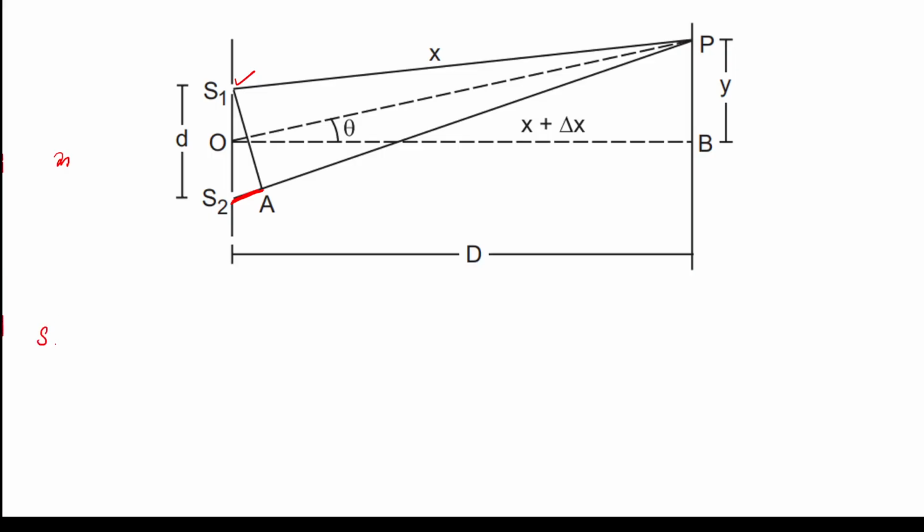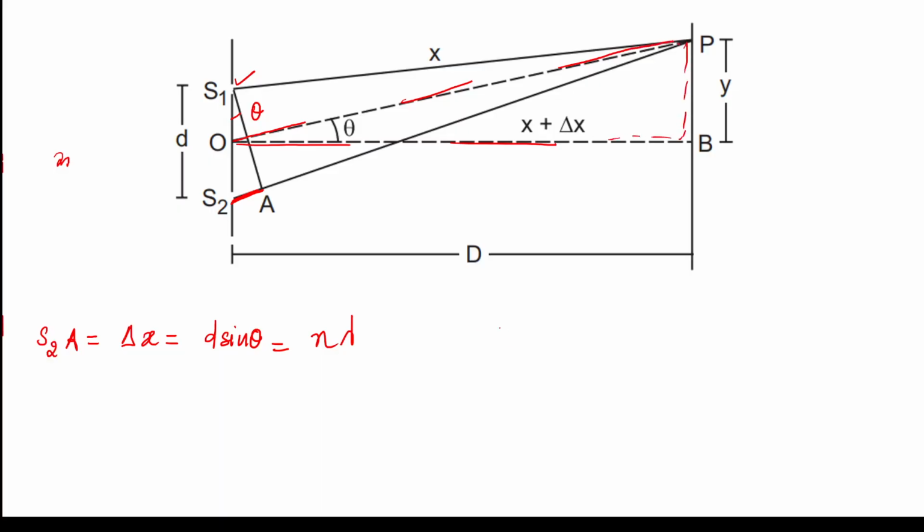This path difference delta x is small d sine theta. This is your theta, this is also theta, this is d, and then this will be d sine theta. Now if this d sine theta equals n lambda, you have constructive interference at y. And also, if you see from this triangle, which goes all the way to P,